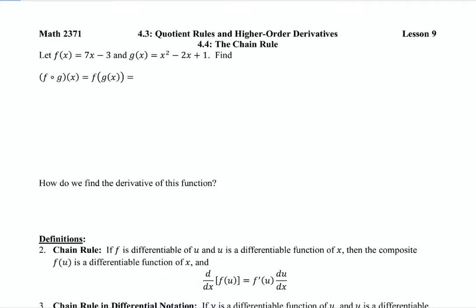All right, now we're going to do Lesson 9, Chain Rule. So the whole point of chain rule is to take the derivative of a composition of functions. So if I have f of g of x, and I want to take the derivative of some function that's made up of f of g of x, how do I take the derivative of